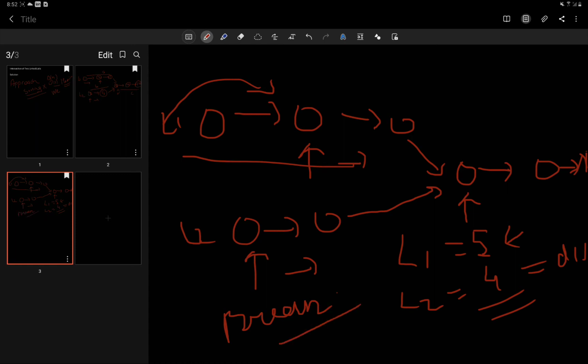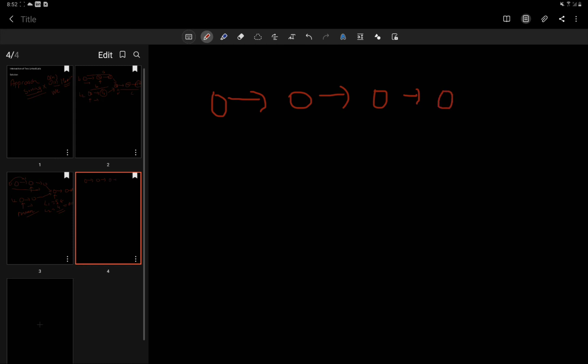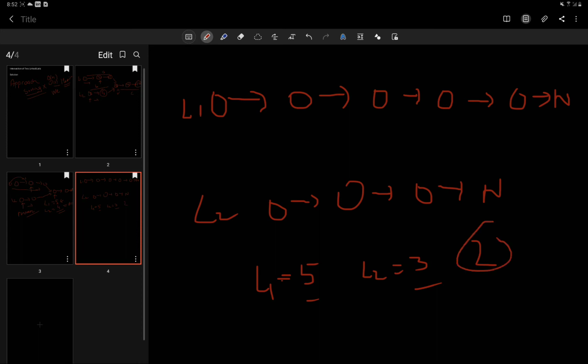All right, let's see the case where there is no intersection. The same algorithm will apply, but we will put a check for that also. Suppose this is one linked list and this is the other, and they are not intersecting. The last node is null. The length of L1 is 5, and L2 is 3. So 5 minus 3 is 2, and we move the greater linked list, that is L1, by 2 units. Here we are pointing L1 and here we are pointing L2.